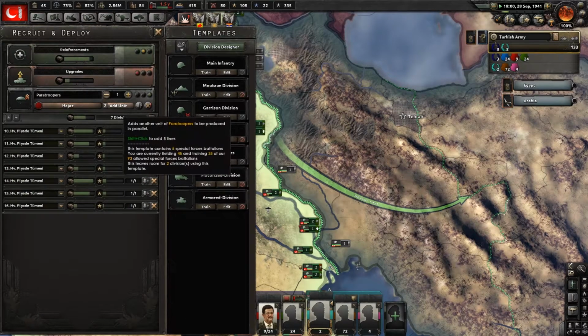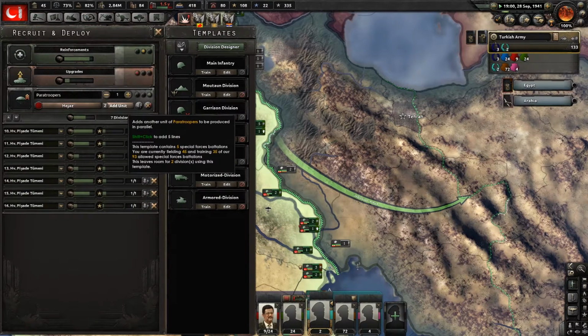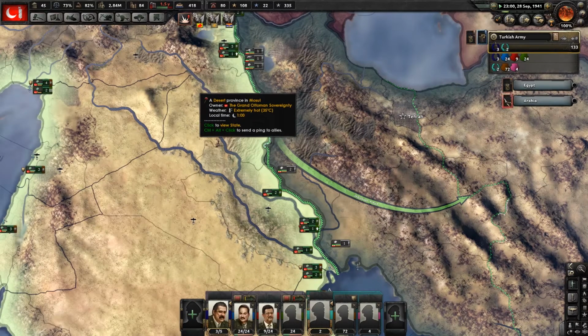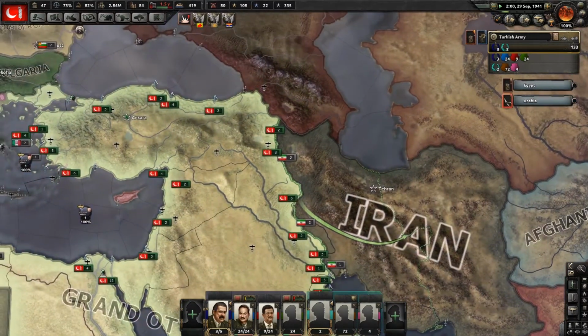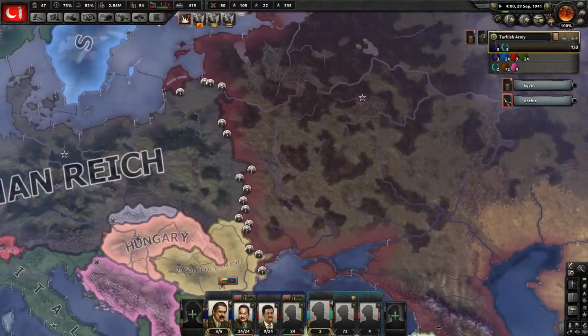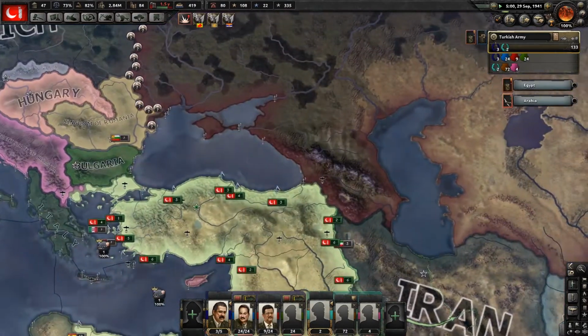We can actually get an extra 2 if we want. But for the time being, I think we'll just leave it on 16 paratroopers, and then once these guys have deployed, we'll go to war with Iran. My only worry is that if Iran joins the Comintern, then we're screwed. If that does happen, then I'll probably have to immediately join the Axis. Although the Soviet Union probably has its hands full at the moment, so maybe we'll be